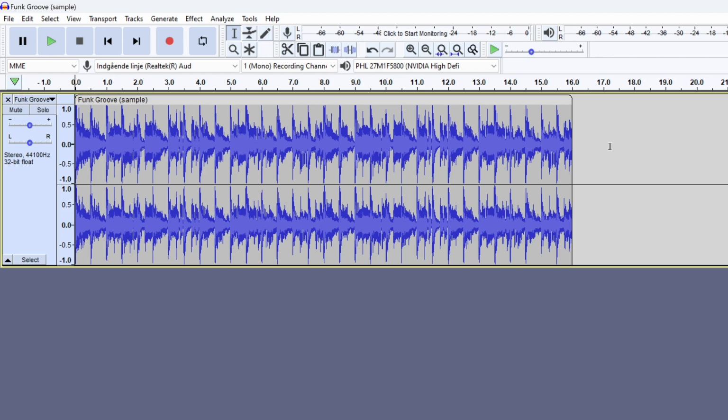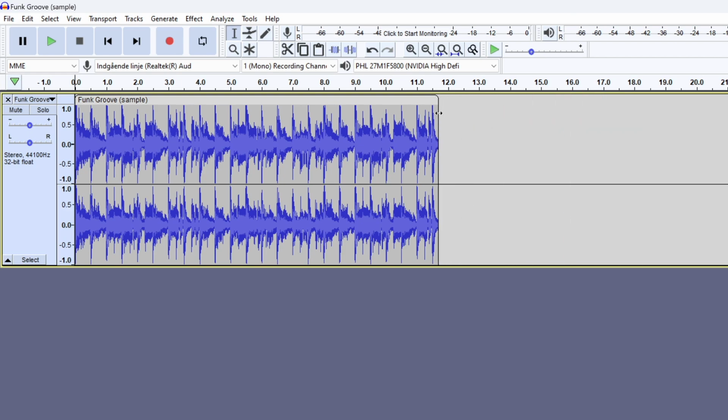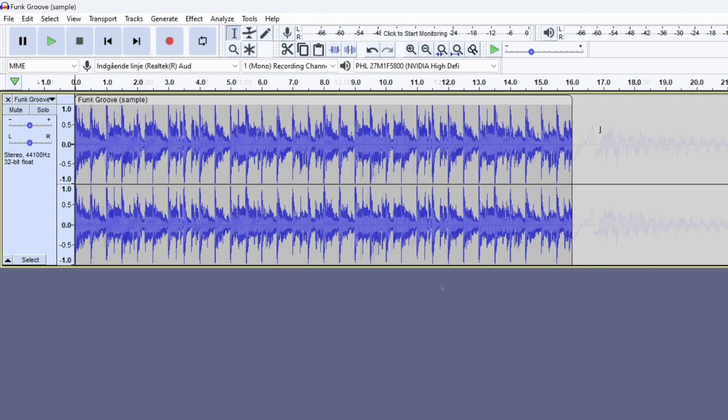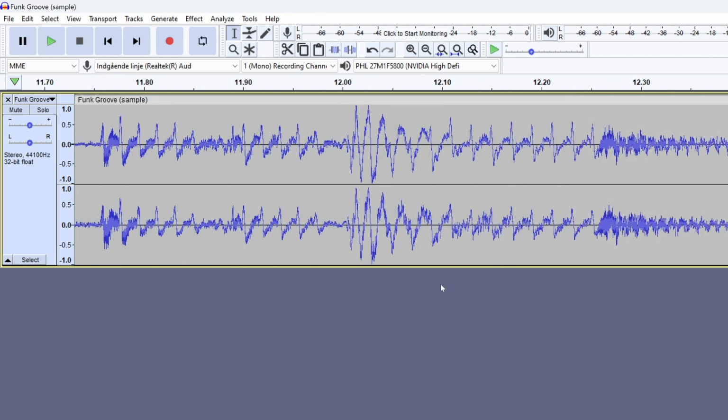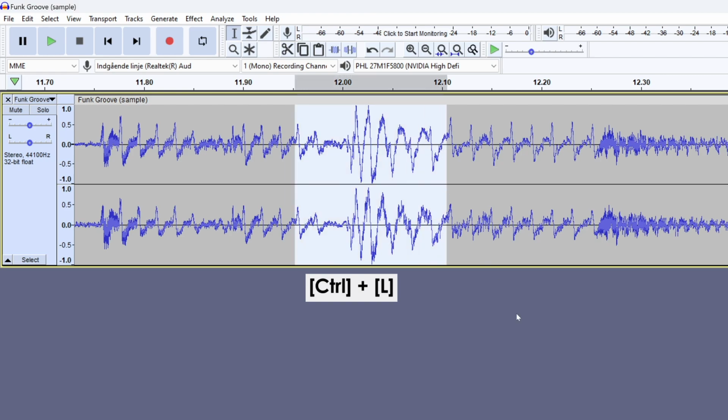Another way to trim clips is to drag them from this upper part of the clip outline, although I don't really recommend it due to the risk of discontinuities. You can convert a selection to silence with Ctrl-L. But again, I check for zero crossings after selecting and before silencing to avoid discontinuities.